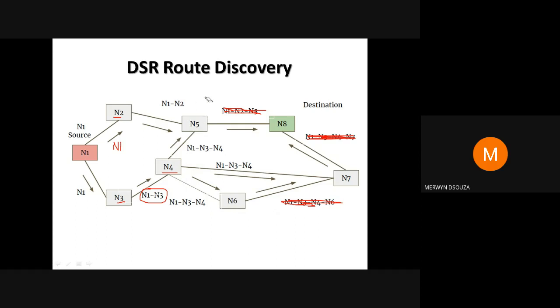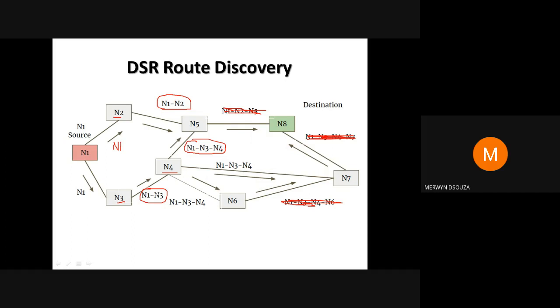Now similarly, these nodes will process the data. N5, as you can see here, is receiving 2 route request packets. When it receives these 2 route request packets, it will forward only one of these 2. It won't forward both. Common sense tells us that we need to find the shortest route, the shortest hop. How many hops are the minimum? Here you can see there are 3 hops, if you assume that each hop is of 1 unit.